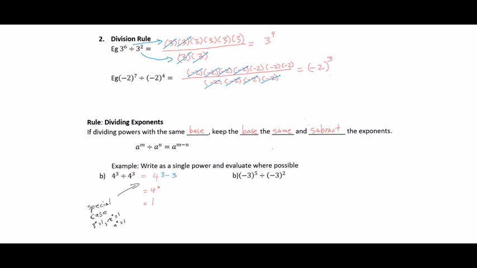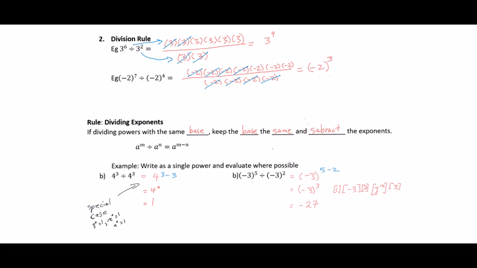So now we have the following. -3 to the, 5 minus 2. And that's pretty easy. That's -3 raised to the power of 5 minus 2, which is 3. We use our calculator and we'll actually type in -3, and we're going to have to make sure that whenever we do this with negative signs, we need to put the negative sign in brackets, or else this whole thing fails each time. And then we write our y to the x on our calculator, and then we punch in 3, and we get